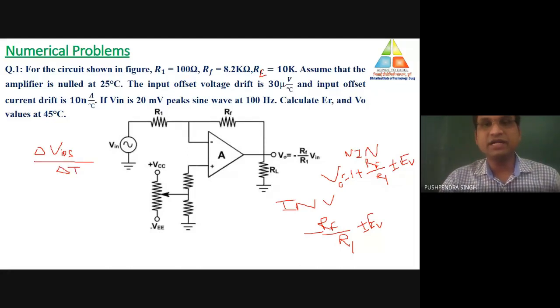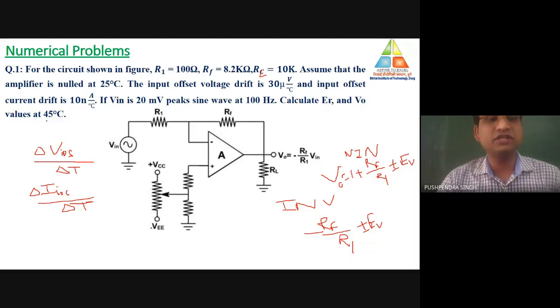That is equal to 30 microvolt per degree centigrade, and input offset current drift is 10 nanoampere per degree centigrade. Del I offset current IOS divided by del T is given as 10 nanoampere per degree centigrade. If Vin is a 20 millivolt peak sine wave at 100 hertz, calculate the value of ER and V naught